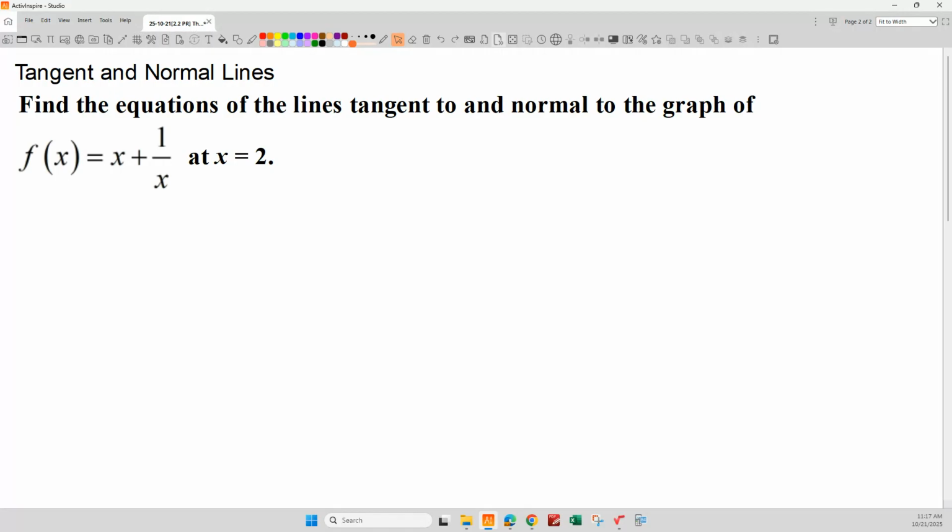Exactly. That's all you're going to do. Once you find the tangent line, the normal line is easy, right? Because the point is going to be the same point. The point of tangency is still the point that we're going to use to define the normal line. The only difference is the slope's going to change, right? But that's easy. If we can find the slope of the tangent line, the normal line is just perpendicular to